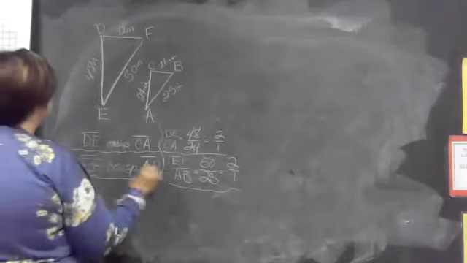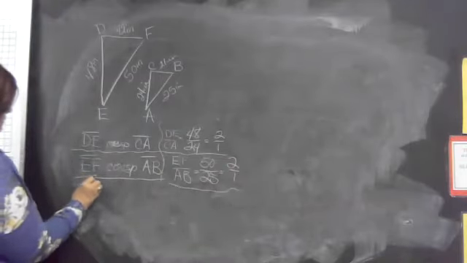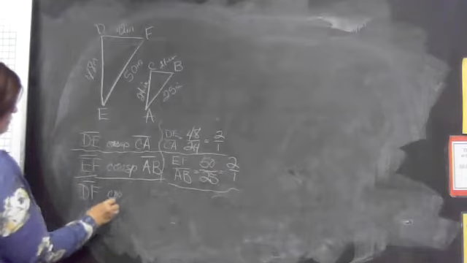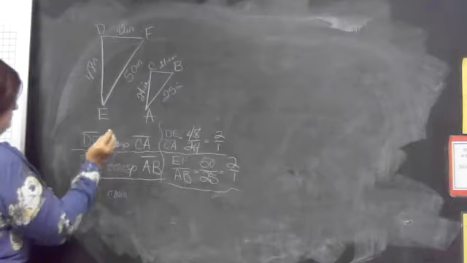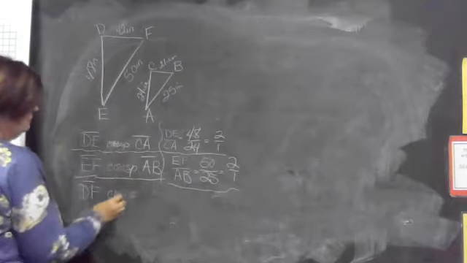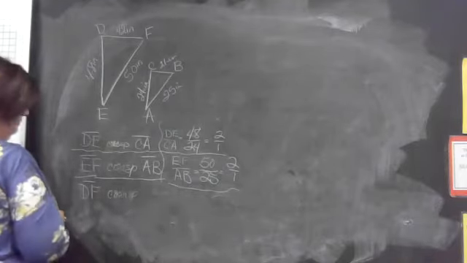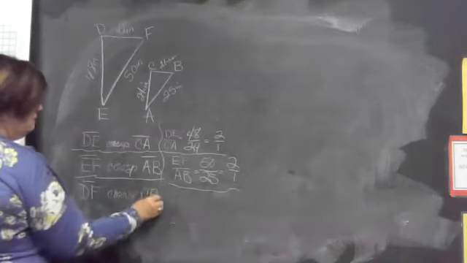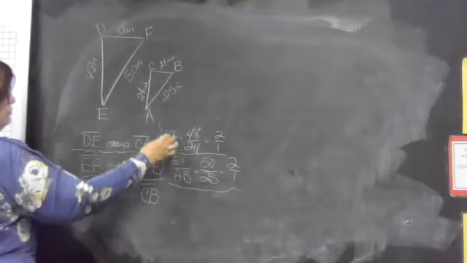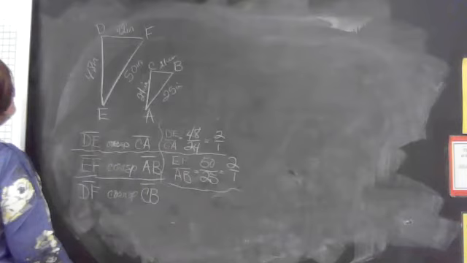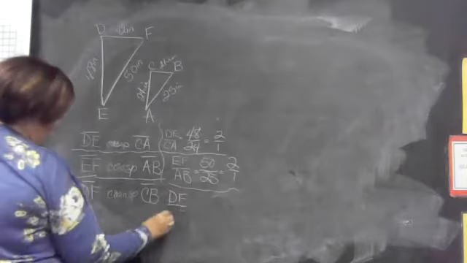And one more time, y'all know where I'm going. How about DF corresponds, oh, there it is. I'm spelling all this wrong. Corresponds. Okay, DF corresponds with what? CB, that is exactly right, CB. And when we do a ratio, we have to start with big. So we have DF and the ratio to CB